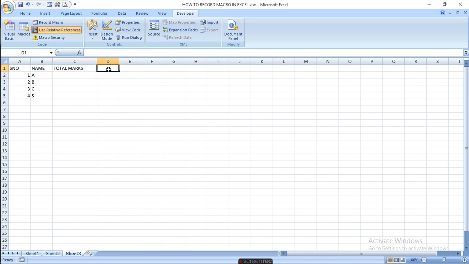You have to find out the percentage. So write the total marks.